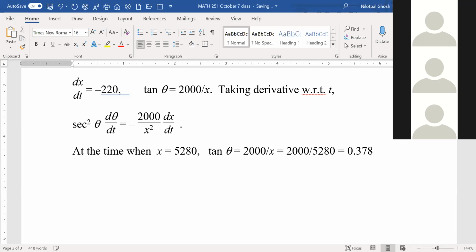0.378787 something. Well, actually make it 378788. And that's the value for 2000 over 5,280. But that's the actual value. Then sec square theta would be